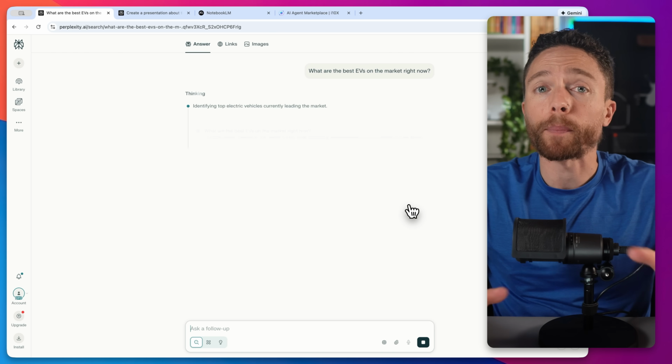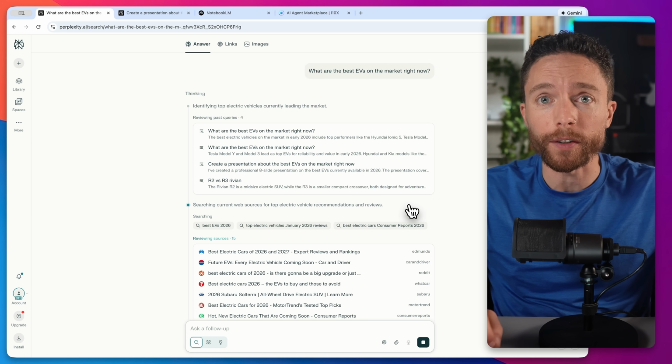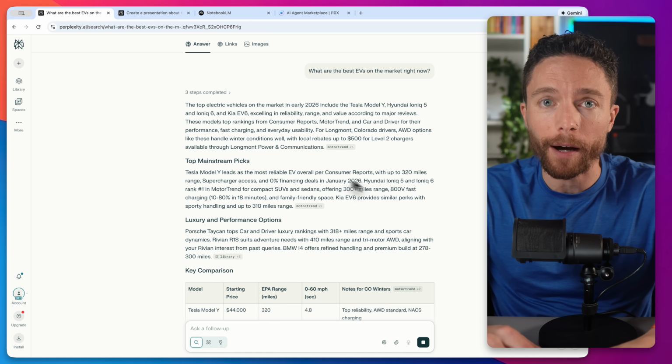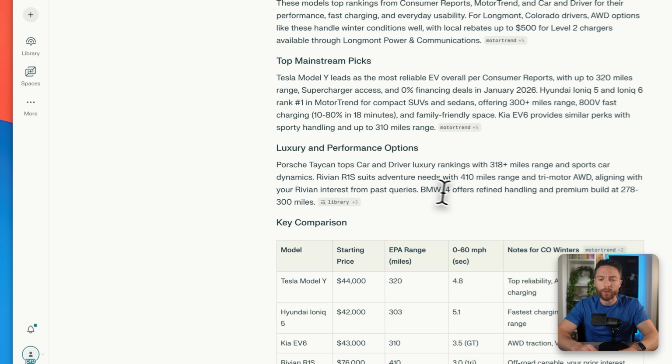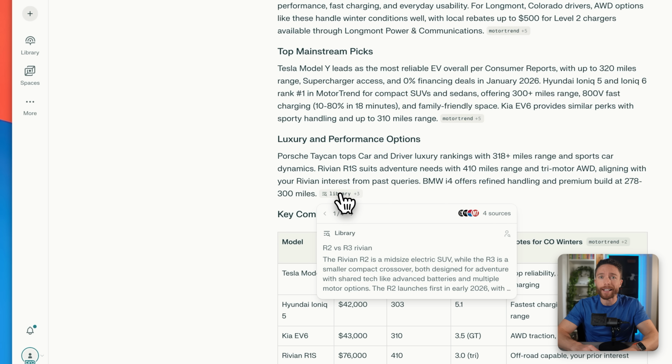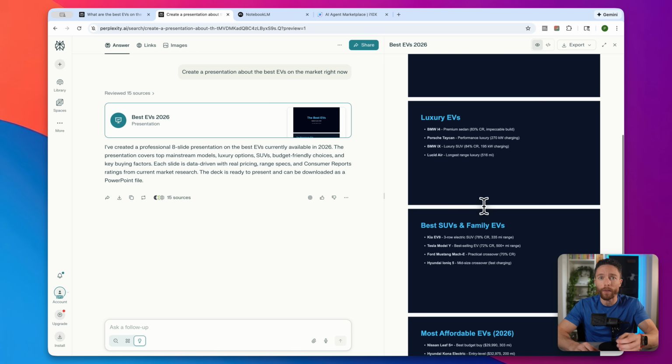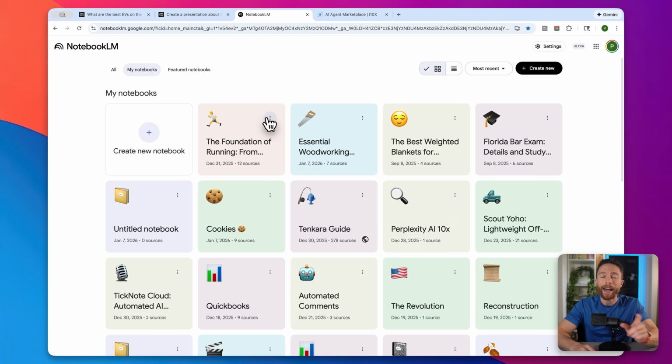It's no secret that Perplexity is absolutely incredible at research. In fact, I think it's the best AI research tool that's available on the market right now. It does real-time web searches, it pulls from multiple sources, and you have inline citations so you can fact check every response that it sends you. But to be honest, that's all I really find that it's good for. I just don't find that it's good at organizing or analyzing information or creating anything with it. But NotebookLM, on the other hand, that's what it excels at. So what we're going to do is feed research from Perplexity into NotebookLM to get some incredible